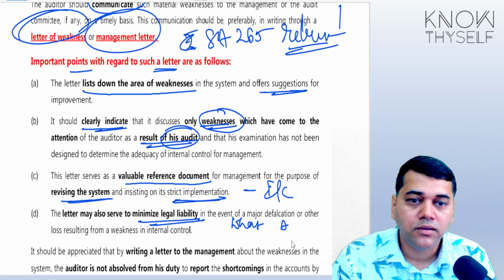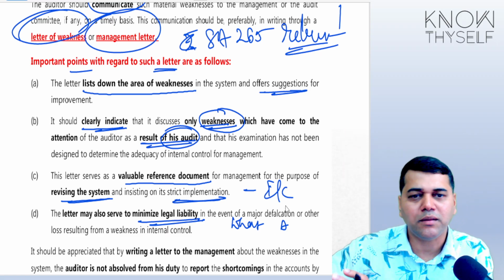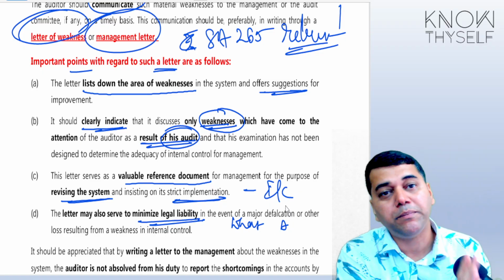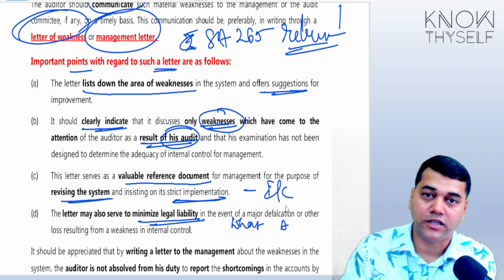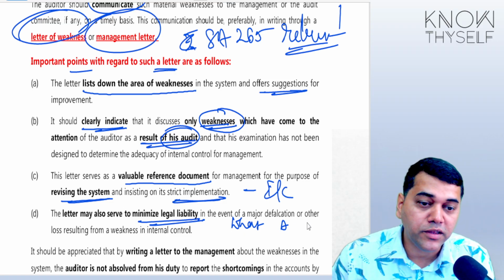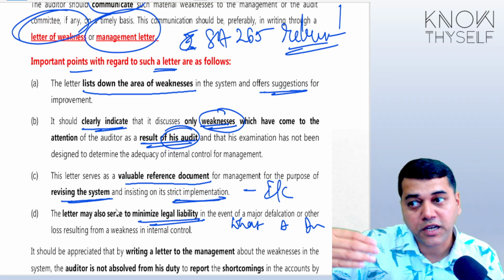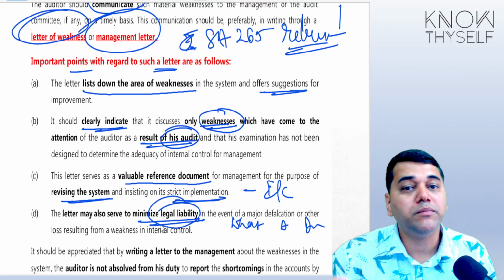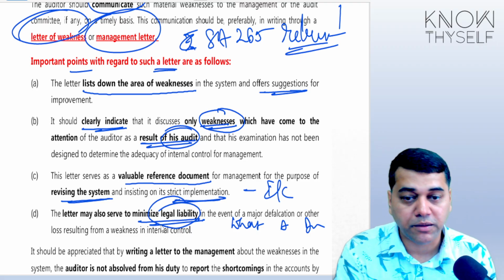Just to share one small example: in any exam, some results come and some marks are not proper in one of the subjects. The first thing people start doubting is, what did the faculty do? Hey, faculty is only 50%. There is a 50% element from the students also, and that students' element comes in the form of discipline. So tomorrow, if these types of observations have been communicated to the TCWG, it will help to minimize the legal liability, telling them, look, I have always been telling you this is the problem, and they have not improved.